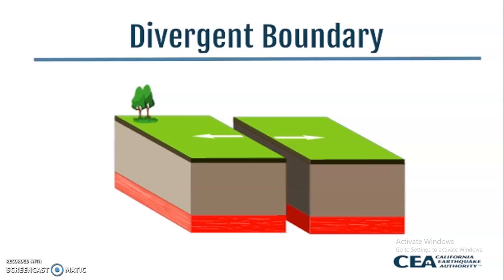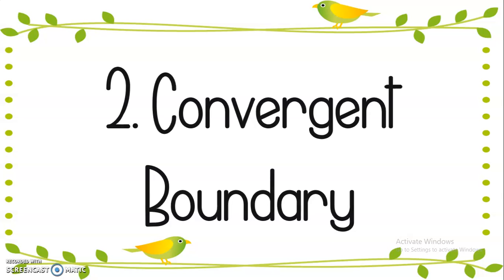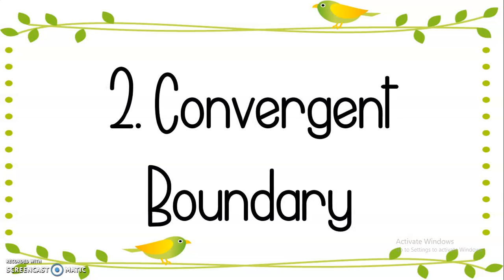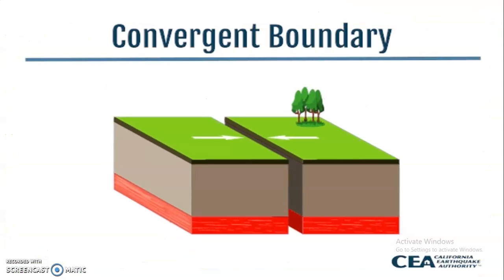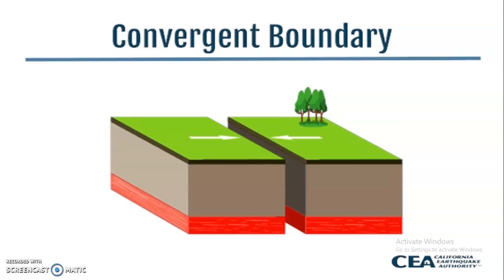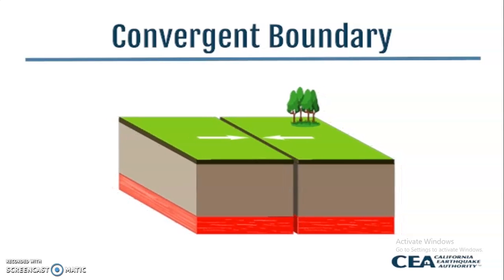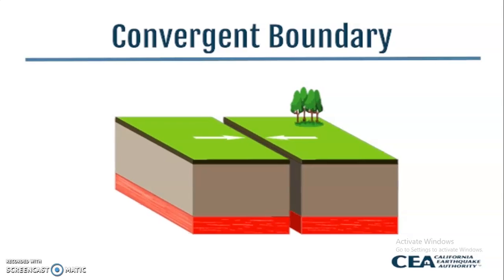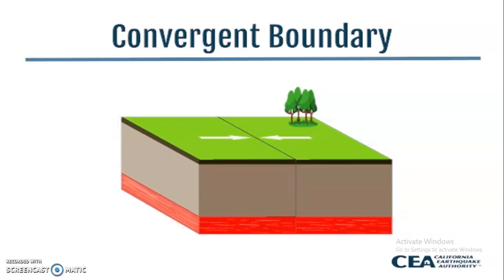Next, we have the convergent boundary. This boundary is characterized by deep and shallow focus earthquakes, thrust faulting or overthrusting, deep trenches, long mountain ranges, and subduction zones. In contrast to divergent boundaries, in convergent boundary, the old oceanic crust is destroyed and remelted